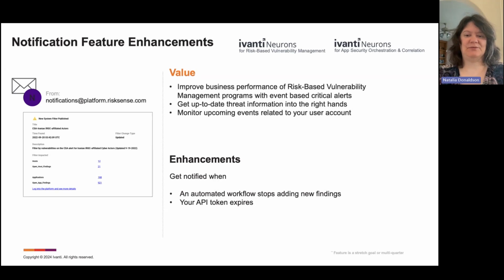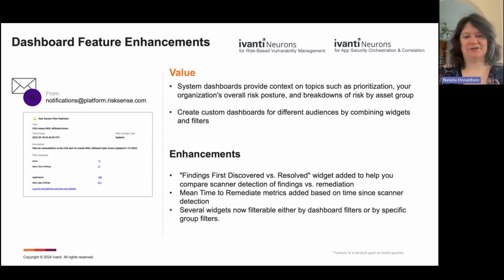And then also we introduced a notification for workflow automation, automated workflows, basically when they stop adding new findings. And that can happen anywhere between when it's created and when it's approved. And then you just would have to go back in and turn it on unless that workflow is expired. And then the automation feature would no longer be needed for that particular workflow. And then also, which I'll quickly demo these as well, a